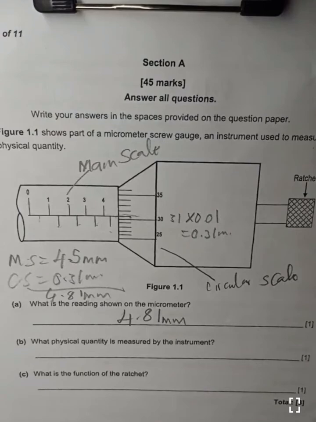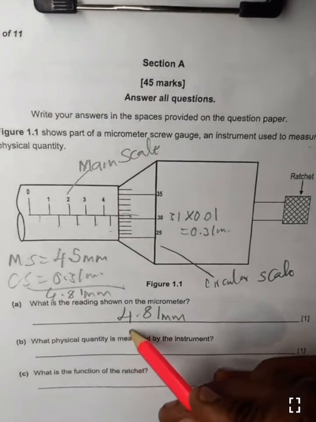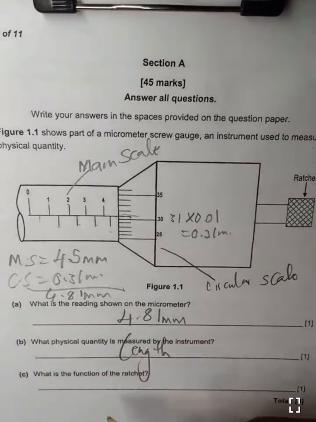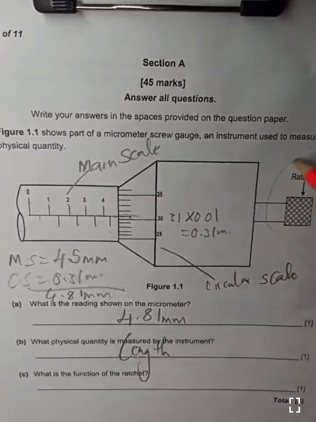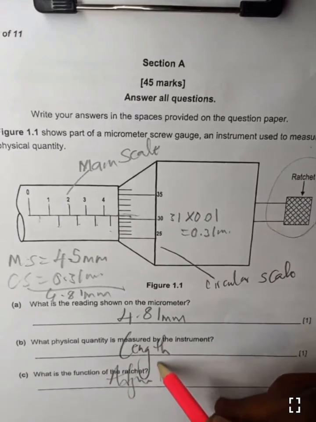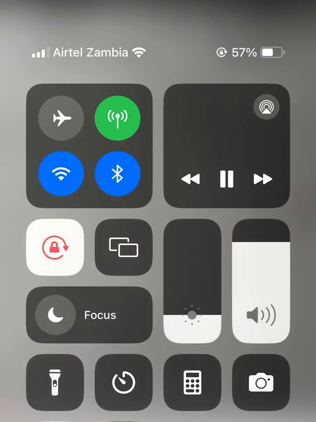Then the next question asks, what physical quantity is measured by the instrument? The physical quantity measured by this instrument is length. What is the function of the ratchet? Here we said the ratchet is used for the adjustment of the reading, right? The adjustment of the scale. It is used to adjust or to check